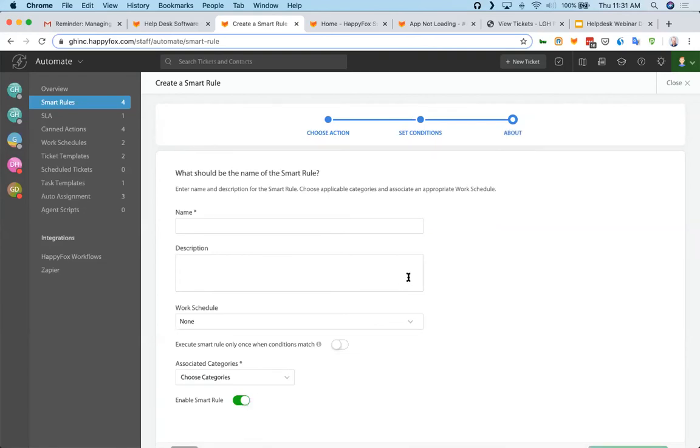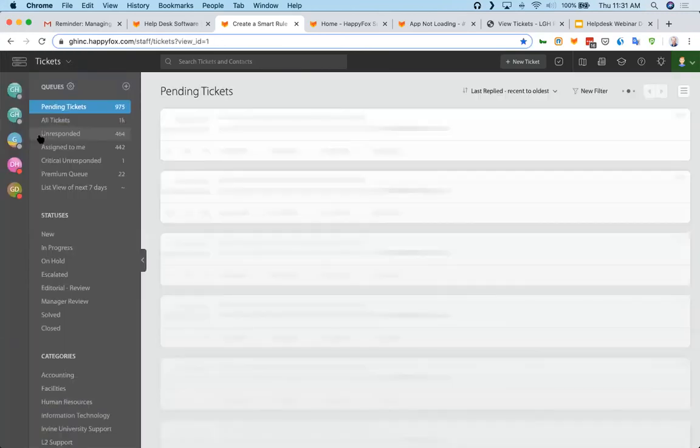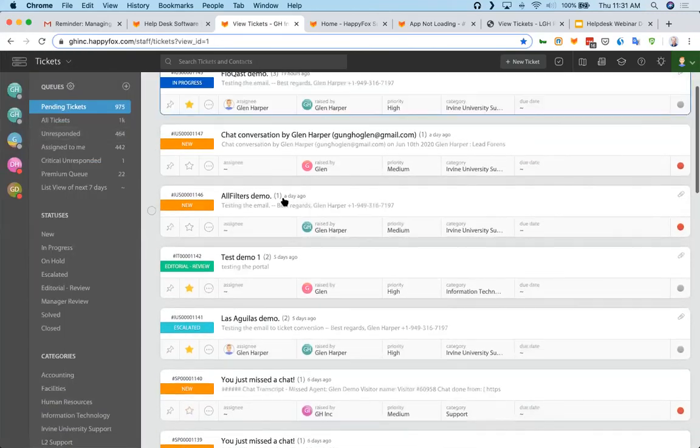And now two things happen simultaneously. An email or a portal comes in, urgent, crashed. HappyFox goes, that's a critical ticket. At the exact same time, HappyFox goes, okay, a ticket just reached the critical priority. All right, which one of our customers did it come in from? Came in from IBM? Oh, okay, assign that to Danny because she gets all escalated issues for IBM. And all of that happened without any of you on this call having to sit here managing a ticket queue